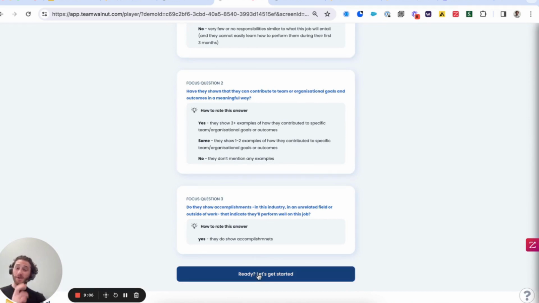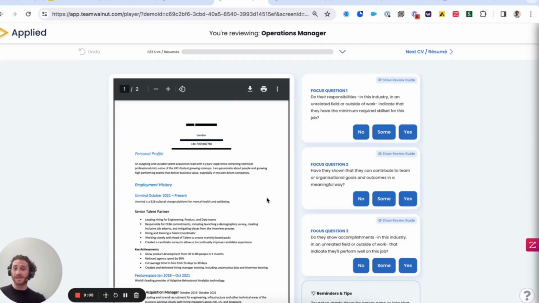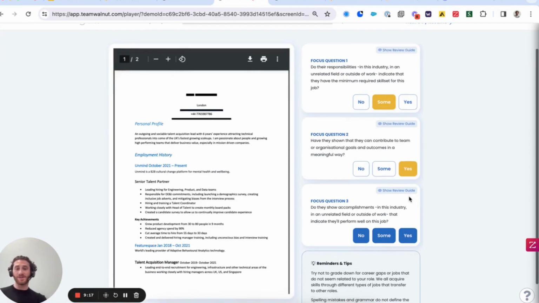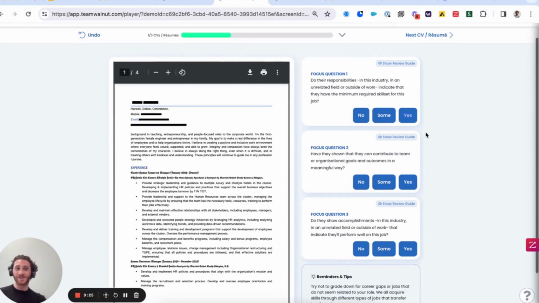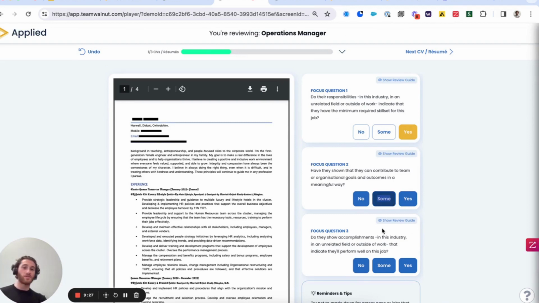So this candidate here, they have skill set. This candidate here can contribute to a team in a meaningful way, and this candidate here has indication that they might perform well on the job based on what they've done in terms of accomplishments. And we simply work through, as an example, these 3 resumes here. And I'm just on the last one now. Once I get to the end,